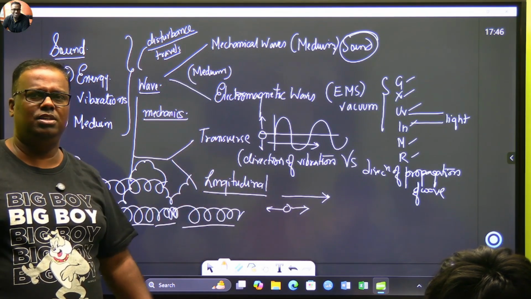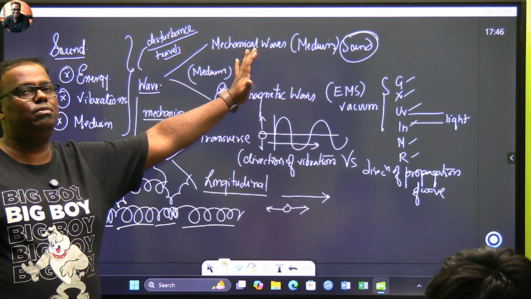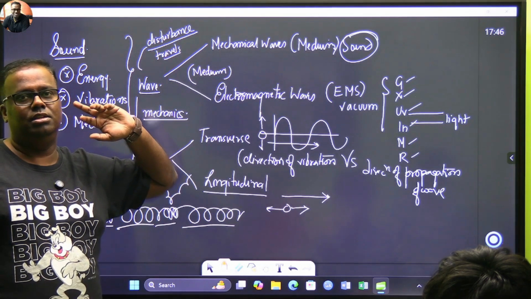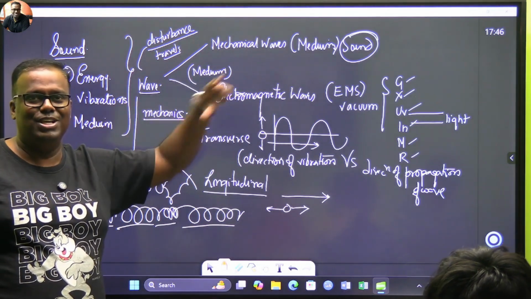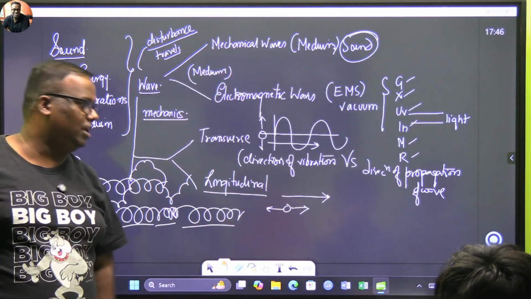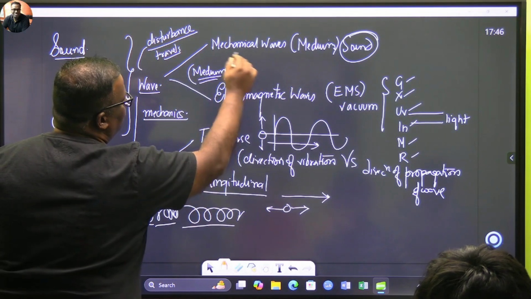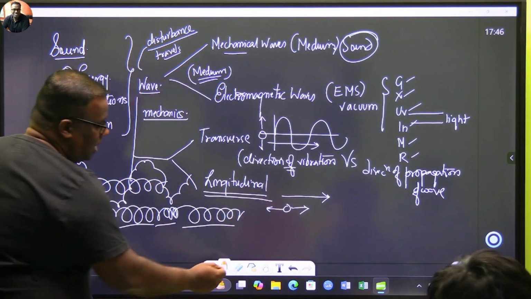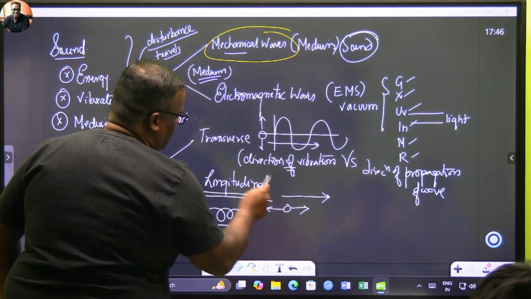इतना समझ में आया. Sound हमारे लिए mechanical wave है. And what is the medium through which sound is traveling? Air. Usually when you are hearing me, unless there is a train coming and you're putting your ear on the track of the train, then the medium is the track, which is a solid medium. ठीक है ना? So sound needs a medium to travel, and that's why sound is a mechanical wave. If we classify on the basis of medium, sound is a mechanical wave. If we classify on the basis of direction, then sound is a longitudinal wave. ये दो आपको, these two you should know. Sound is a mechanical wave and sound is a longitudinal wave.